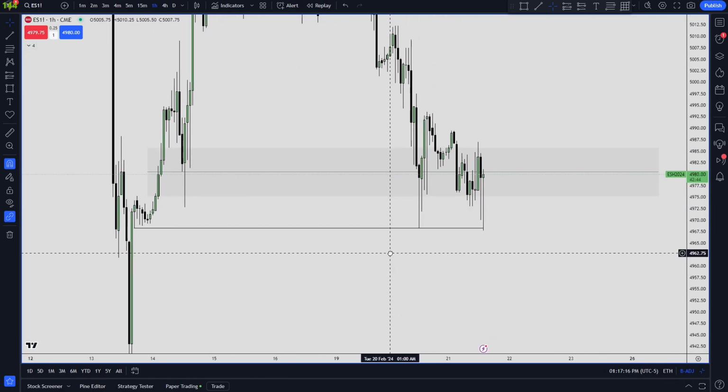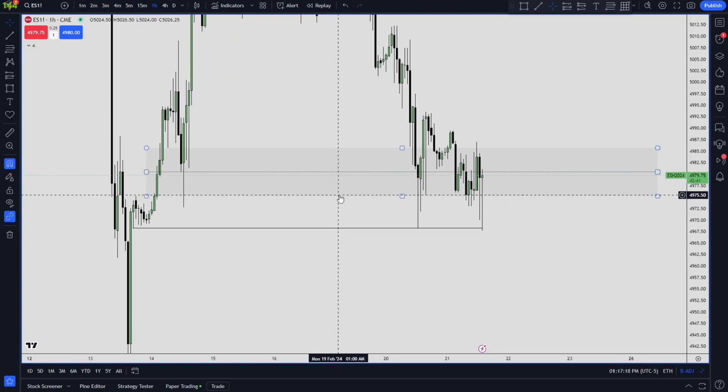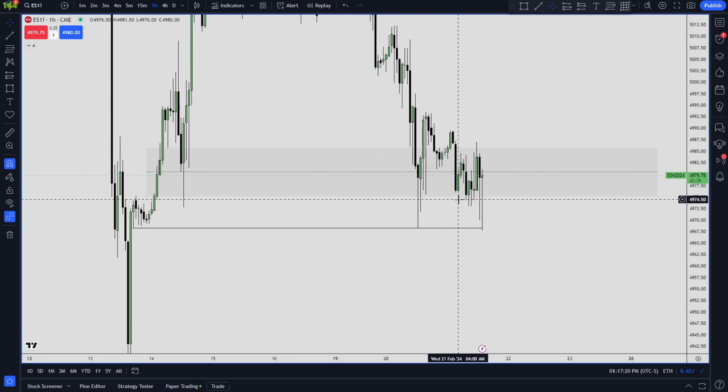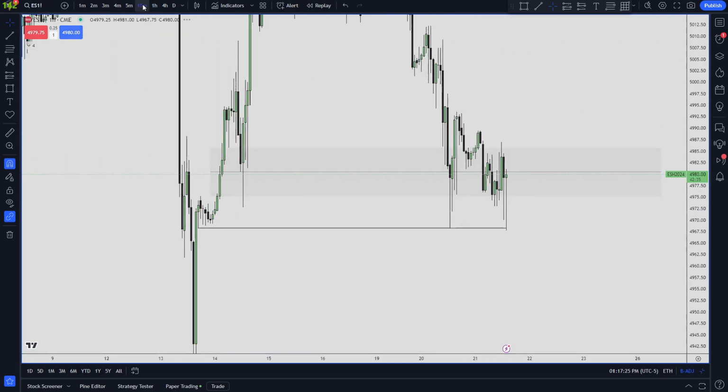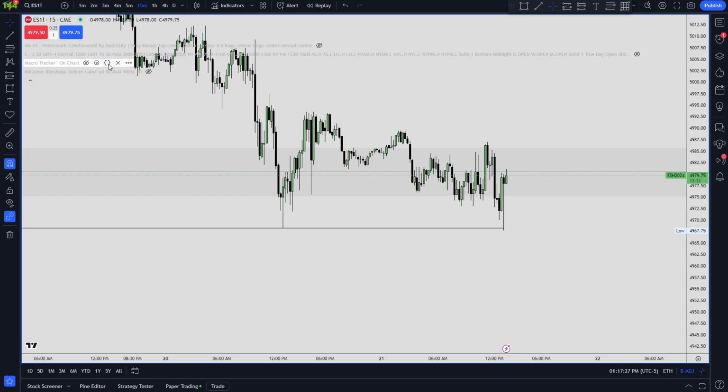ES, kind of the same bias. We're right now just stuck in between two inefficiencies, so we're gonna also de-risk. This is not something we would usually trade. We don't like trading in this slop, so we're not gonna force any trades. As you can see here, if we put on our kill zones,